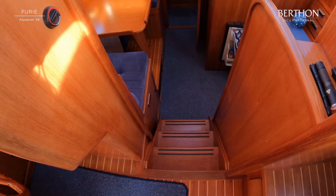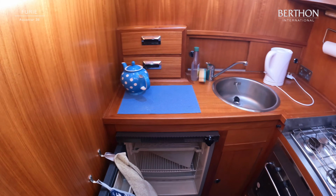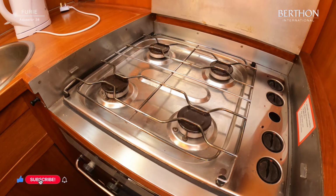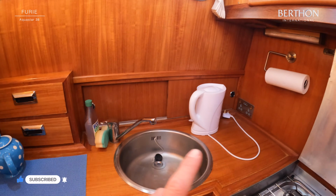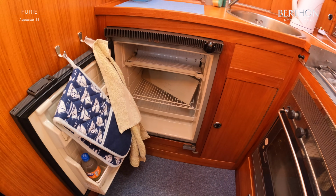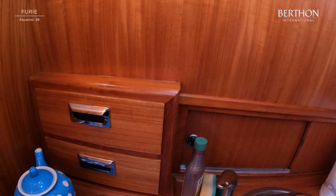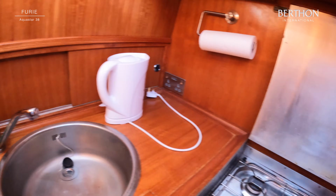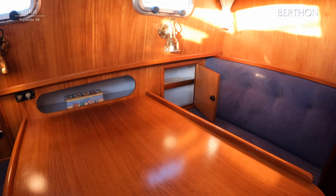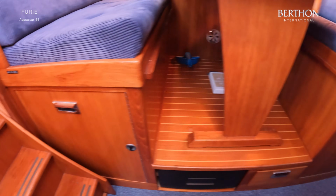So we'll move forward. We have 3 steps down and we are in the galley, set over to starboard. So oven underneath here, 4 burner hob, plenty of power right the way around here, more lighting, 2 opening port lights here, nice big refrigerator, more stowage up in here, more storage in these 2 drawers. Then over to the port side, we've got this dinette area with dropping table, more storage behind here,